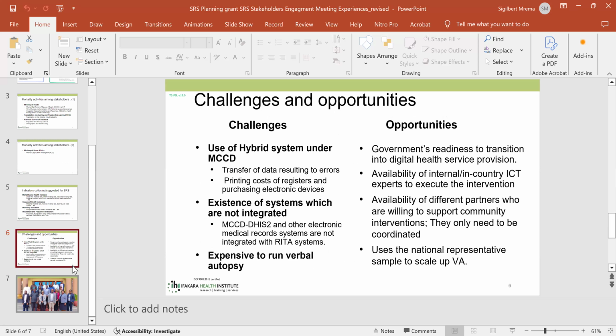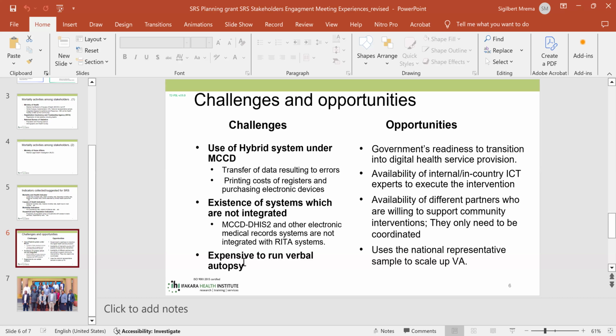They also reported on the challenges and opportunities. In terms of challenges, most of them are using a hybrid system. Of course, it has challenges during the transfer of data, but also printing costs. There is the existence of systems which are not integrated. Another challenge was to run the paper tools all over the country.